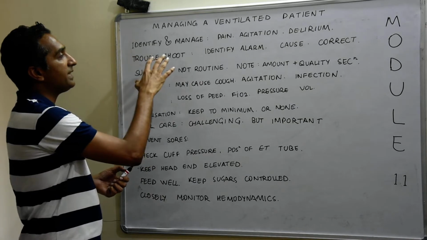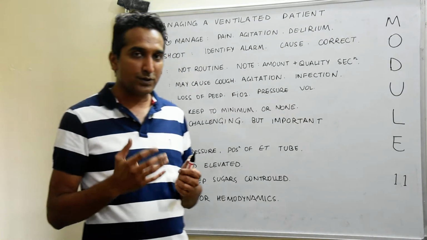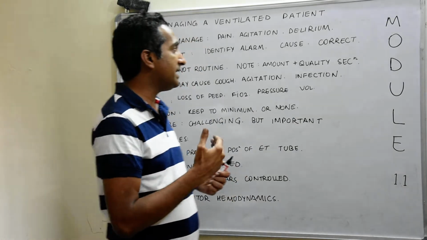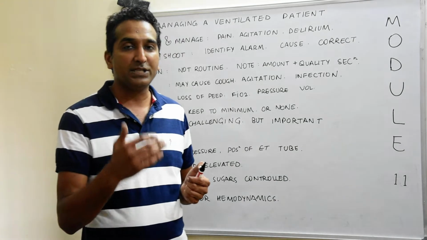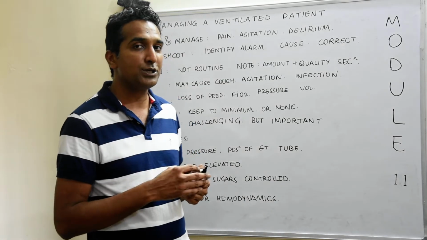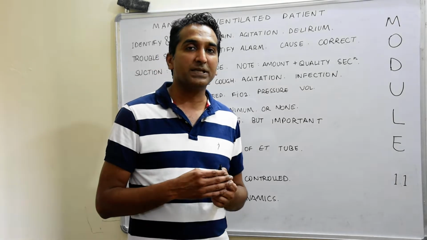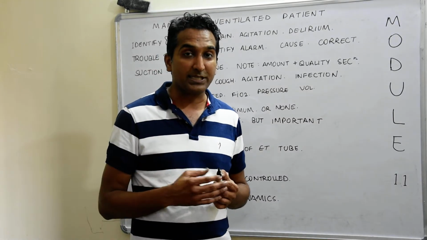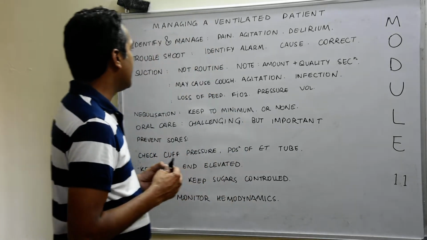One is to identify and manage the pain, the agitation and delirium, using sedation scores, the delirium score and the pain score to find out their presence and to seek a target to which you should take your patient. Identify the drugs which are there in the prescription, use them judiciously, maximum effect with minimum dosage.